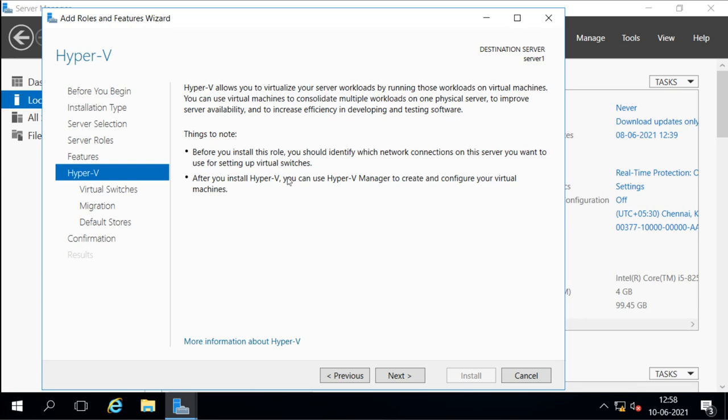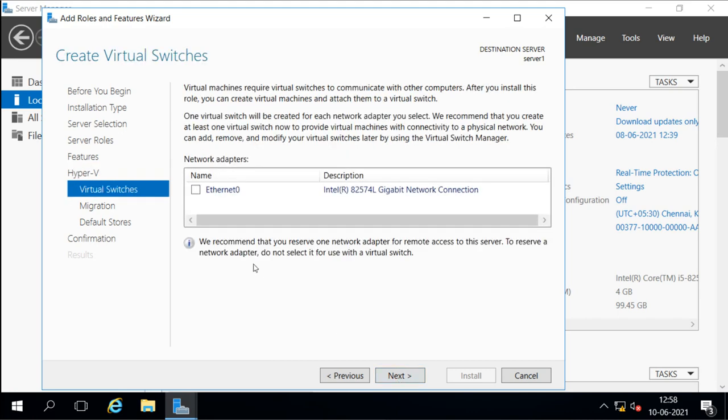So I say okay, I know what switch I am going to use, external, internal, whatever, and I know that I have Hyper-V Manager which I will use for managing these Hyper-V virtual machines. So I say next. Now it is asking about the network adapter which is going to be used for the virtual switch for the virtual machine. This is my only adapter in this server, so I am selecting this adapter for the virtual switch, and it is going to create the external switch. So I will go with this.